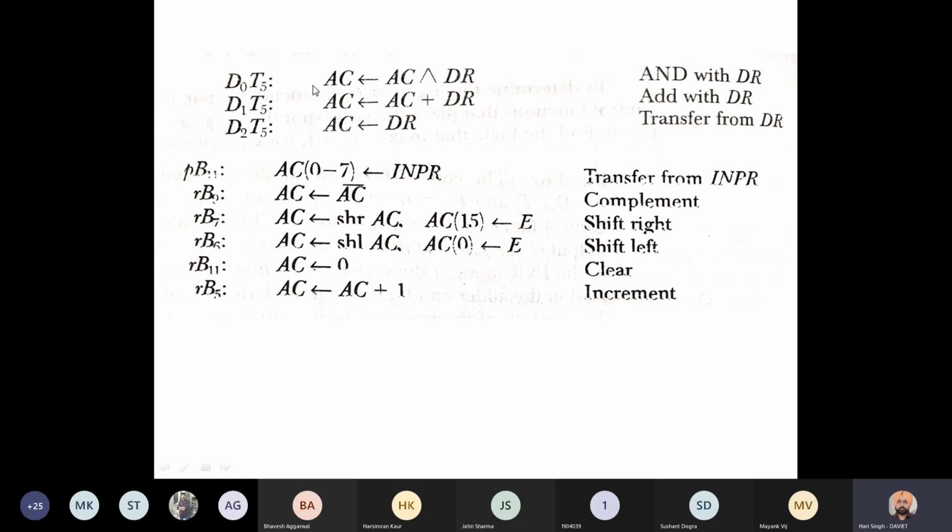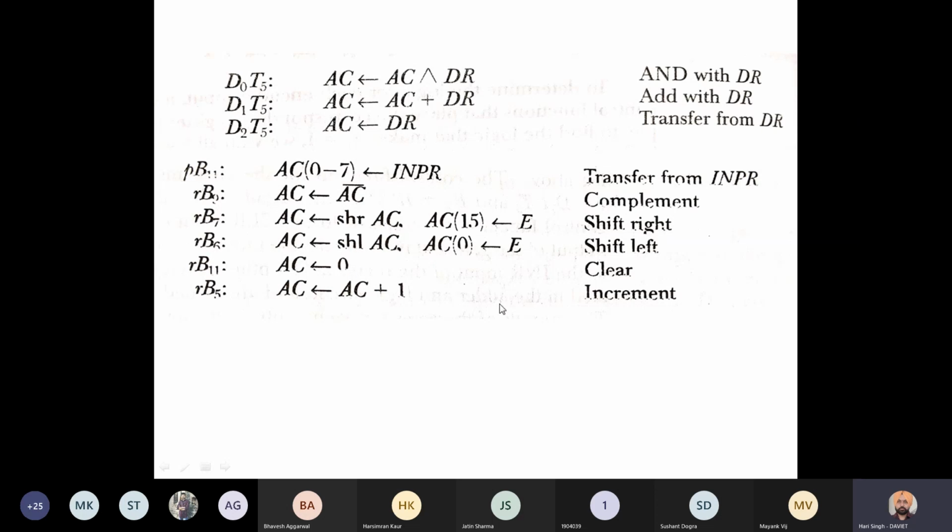So from the instruction table, we have selected the instructions in which information is transferred to the accumulator after performing certain logical or arithmetic operation. First is the AND operation, second is the OR operation, the add operation, the arithmetic add operation. It is a simple data transfer operation. This is also a data transfer operation. It represents one's complement. It is shift right, shift left, then clear, then increment.